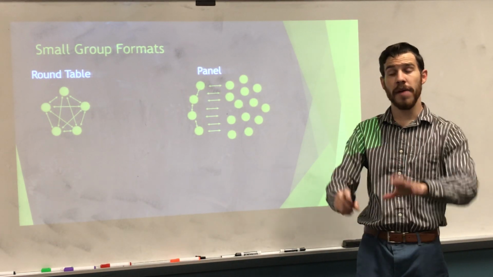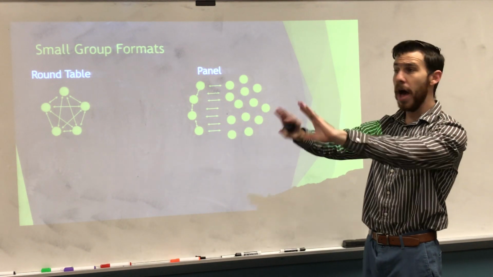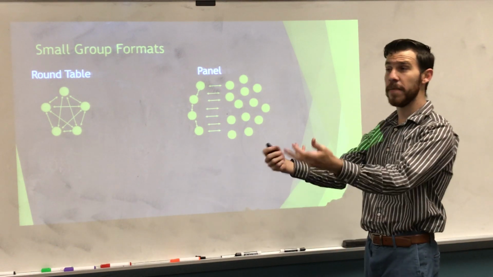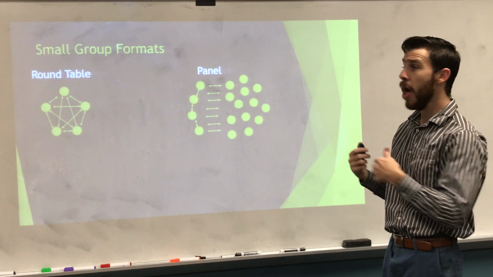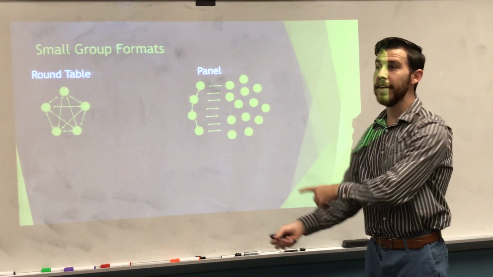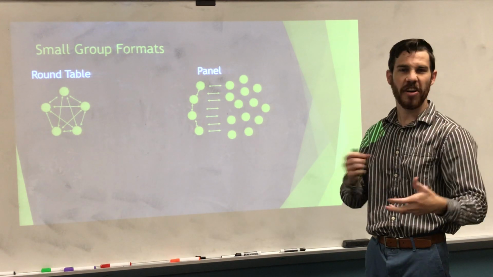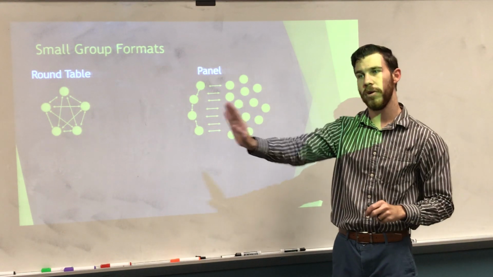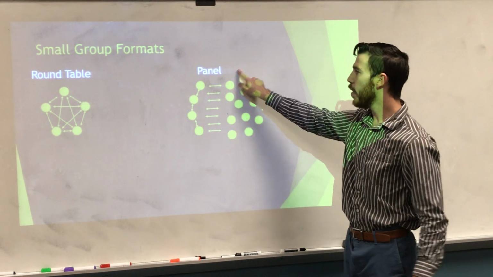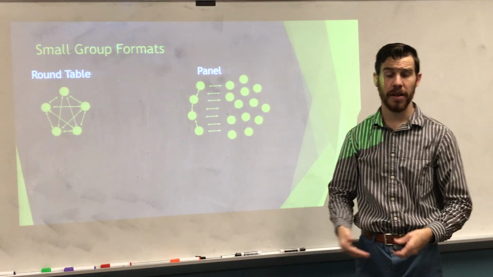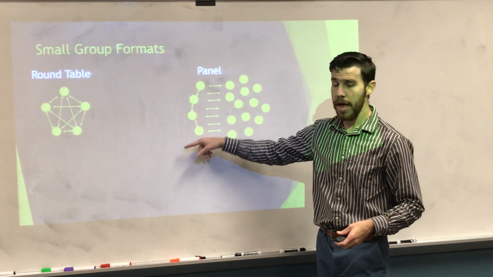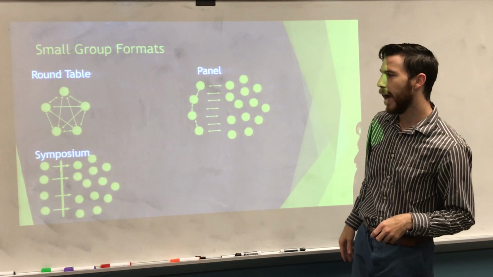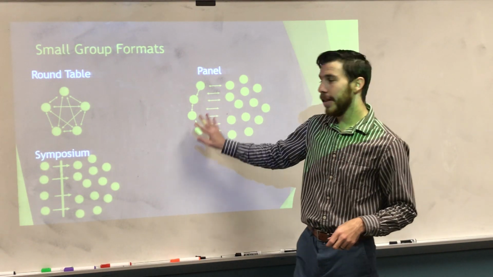Now moving on to the next one, this is the panel. A lot of times this is where you have a group of people who are experts in the field up on stage, and then you have the audience members. The audience members might ask the panel a question, and the panel might ask a question back to the audience. But then the panel members might ask each other questions. Okay, so it's a big circle type thing where everyone's kind of talking and everyone has the ability, but there's the experts up here on a different platform, or there's a line that's dividing them, with the audience who's trying to learn or trying to understand what the information is coming from the panel. And again, the panel can talk to the audience, audience to panel, panel to panel. It does not matter.